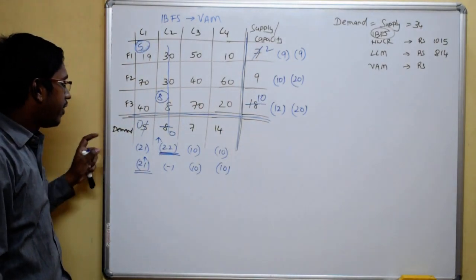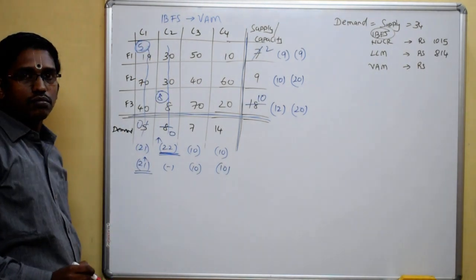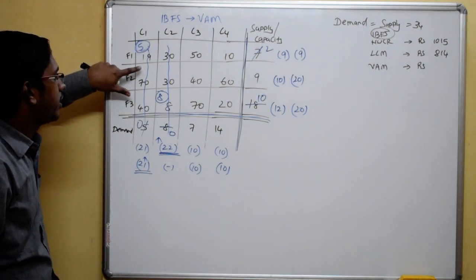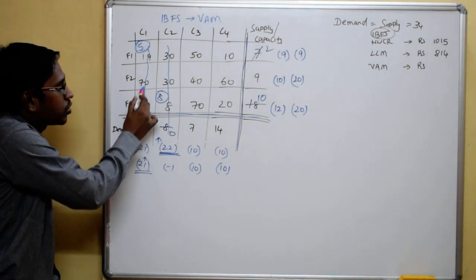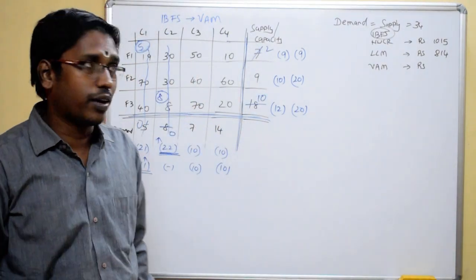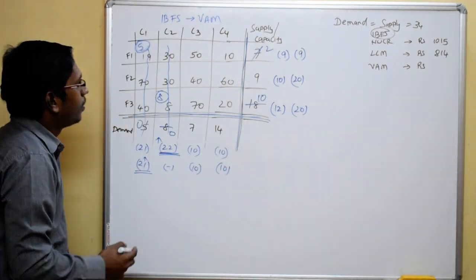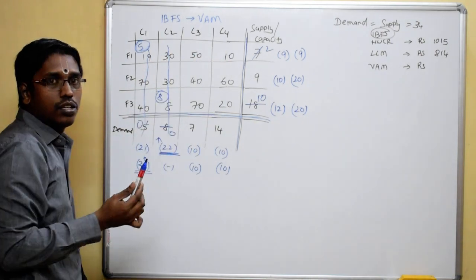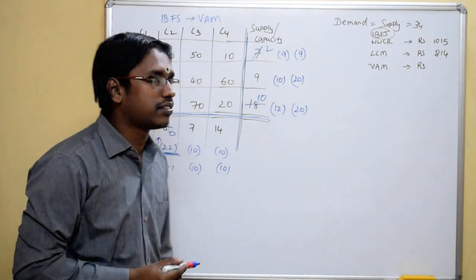Now if the demand here becomes 0, I'll strike this off. Why you strike this off? The demand is 0, which means C1 को और goods नहीं चाहिए, इधर भी कुछ नहीं आएगा, इधर भी कुछ नहीं आएगा. Therefore, you will not take these two numbers into consideration to find your penalty for the next round. Now, to go for the third allocation, again go for penalties. Now, two least cost, it is not 10 and 19, this will be 10 and 50. जो भी strike off कर दिया है, उन numbers को अभी consider नहीं करेंगे to find penalties.